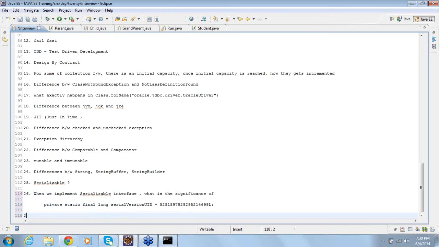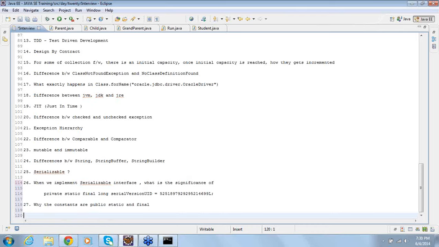Then, why are the constants public, static and final? Public is okay, why do they need to be static and final? Mostly you see constants as static and final, but why do they need to be static and final?